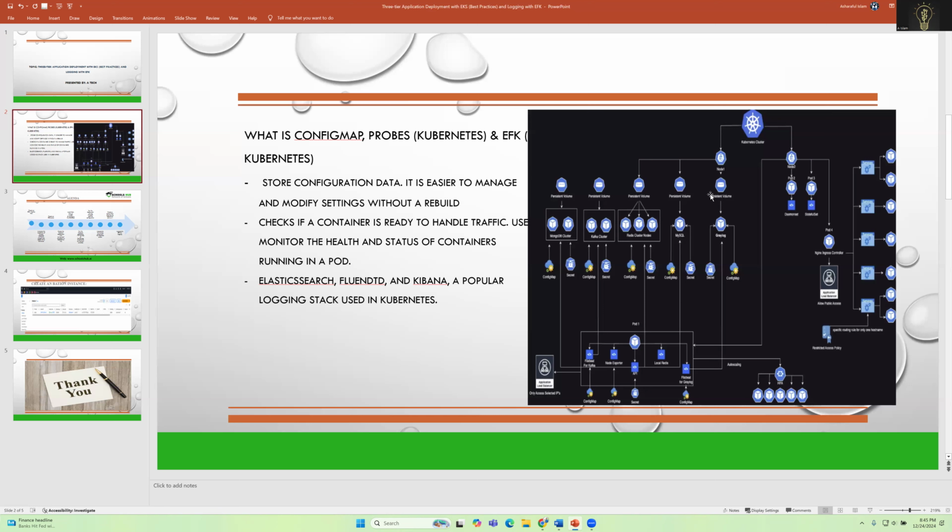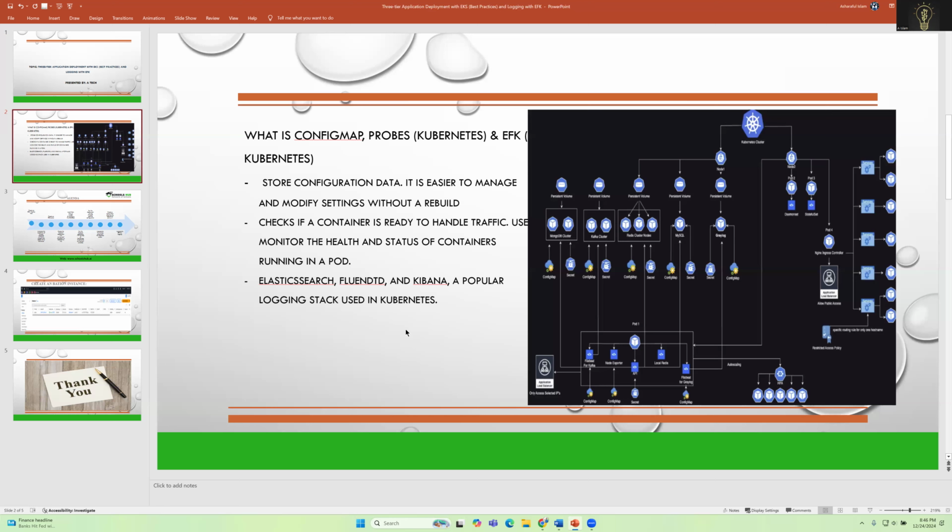And the startup probe ensures that the container has started properly. If this probe fails, Kubernetes assumes the container isn't starting correctly and it may take action like restarting it. So basically, probes are critical for maintaining application reliability and ensuring smooth operation in the